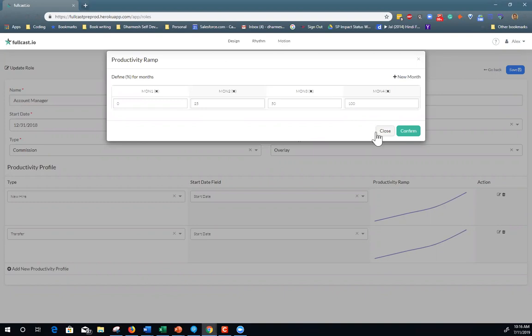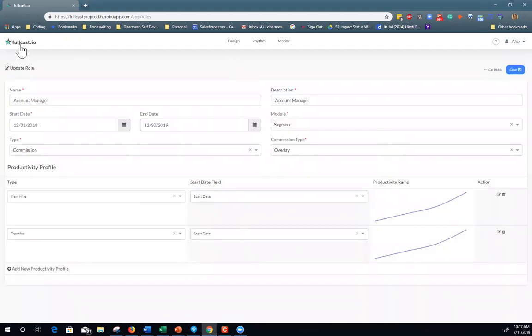So anytime now when I come in and assign new people into the system, into the account manager role, if they were a new hire, they will follow this ramp profile. So when I'm assigning targets, assigning quotas, all the work that we do manually, we will automatically be able to apply the ramp profile to adjust the targets and quotas, so we can have a full line of view on the impact of someone's leaving or departure on my overall ability to meet my number. So I would come in over here, do a one-time update of the role and leave it over there.